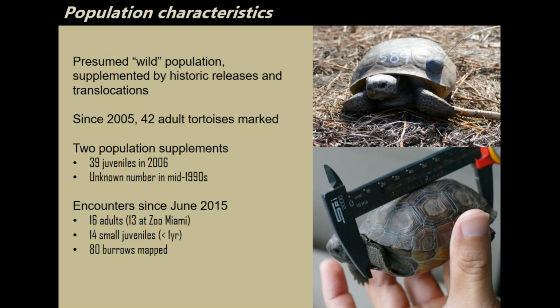We also know that there have been 2 documented population supplements. 39 juveniles were introduced by FWC, the Florida Wildlife Agency, in 2006. And at some point in the mid-1990s, there was an unknown number of tortoises brought in from a nearby cemetery. I don't know why they think that burrowing tortoises and graves are incompatible, but